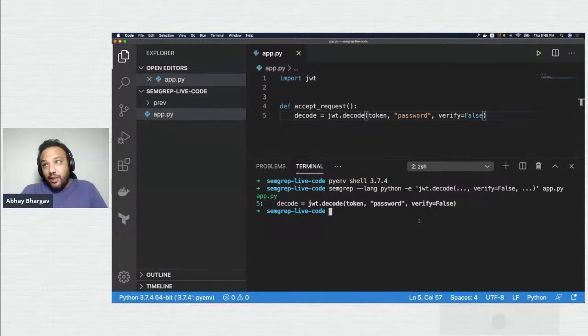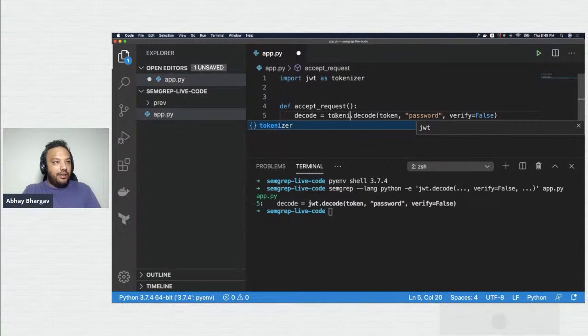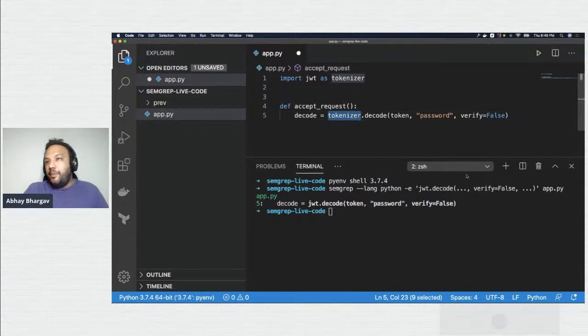Now, one of the things that I've also run into with a lot of AST libraries is that with Python and many languages, you can start aliasing stuff, right? So let's say I do import JWT as tokenizer. Horrible name, but nevertheless, a tokenizer, right? So let's call this tokenizer. Now, if I had an AST tool or a static analysis tool, it would obviously look for this module and this function. So since I've imported it as tokenizer and I do tokenizer.decode, it would not trip against this particular